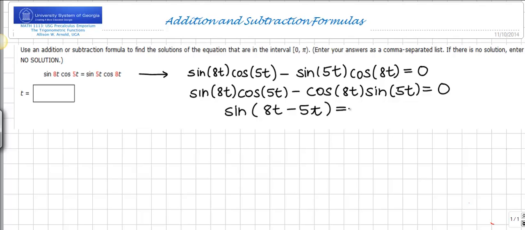And we can compress that whole previous step into sine of 8t minus 5t, which is simply sine of 3t